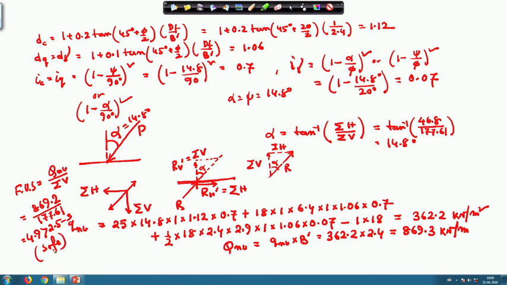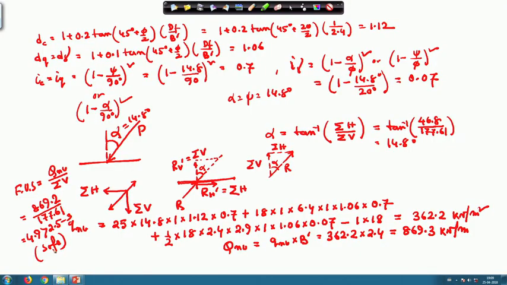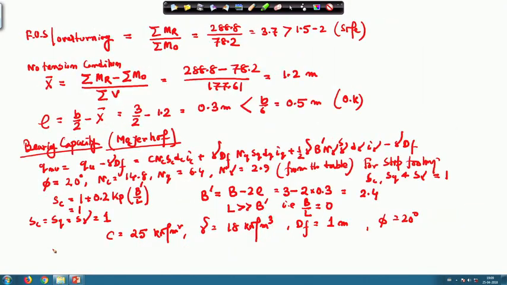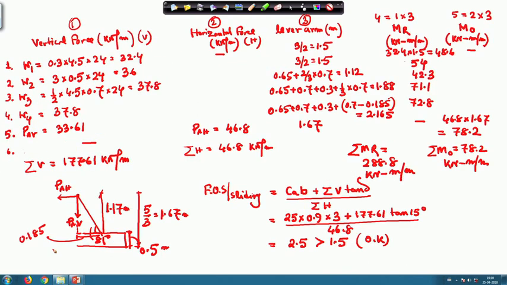So, this is the total design of this gravity retaining wall. Before I finish this design, one thing I want to mention: sometimes, instead of using B, you can use B dash also, because this is the effective area, you should use the B dash. So, instead of using B, you can use C A B dash plus summation of V tan delta divided by summation of H.